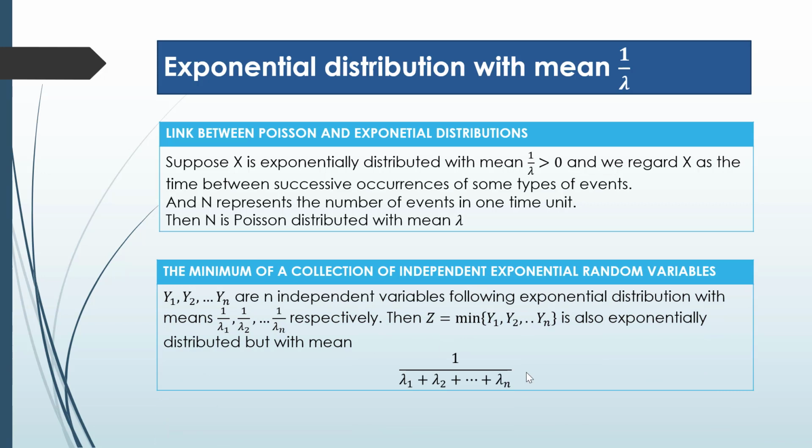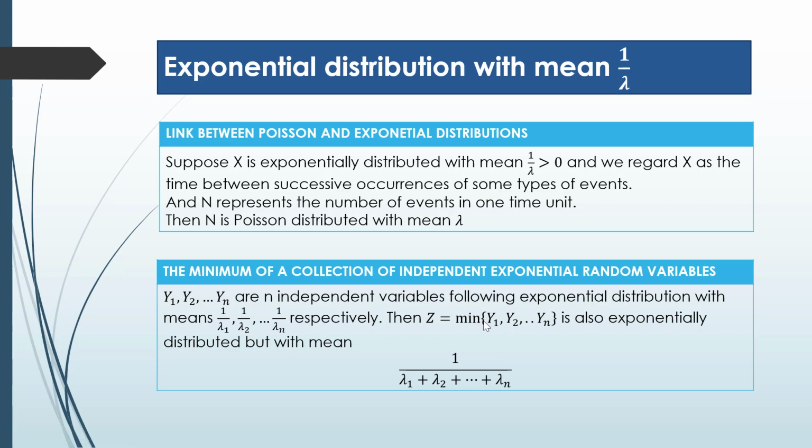One more, the minimum of a collection of independent exponential random variables. Let's say Y1, Y2 to Yn are independent variables following exponential distribution with means 1 over lambda 1, 1 over lambda 2, 1 over lambda n respectively. Then let's say Z is the minimum value of these n variables. So Z is also exponentially distributed, but with a mean 1 over (lambda 1 plus lambda 2 plus ... plus lambda n). So here I want you to know that the minimum of a collection of independent exponentials is